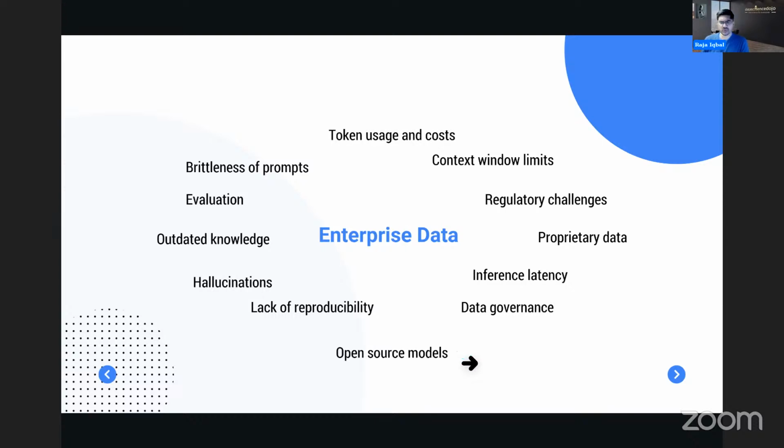Now, whether you use an open source or closed source model in your own enterprise application, how do you deal with hallucination? How do you deal with the knowledge constantly moving? How do you evaluate the response of a large language model? The prompts are brittle. Sometimes even if you don't change the prompt, your answers can vary.